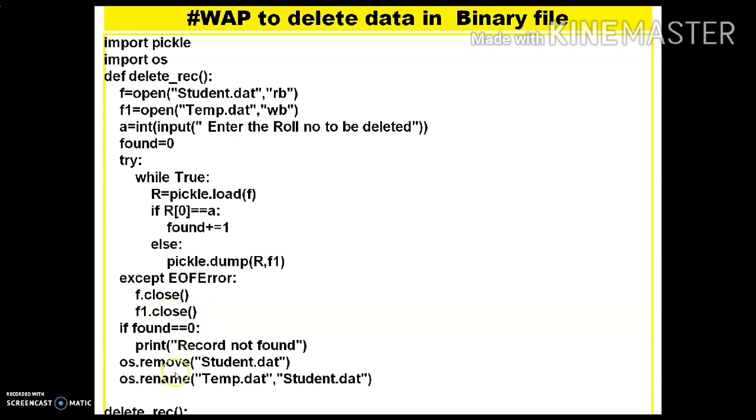Now you remove the student.dat file, because all the data is in the temp.dat file. Then you rename temp.dat to student.dat. These remove and rename functions are available in the os module.